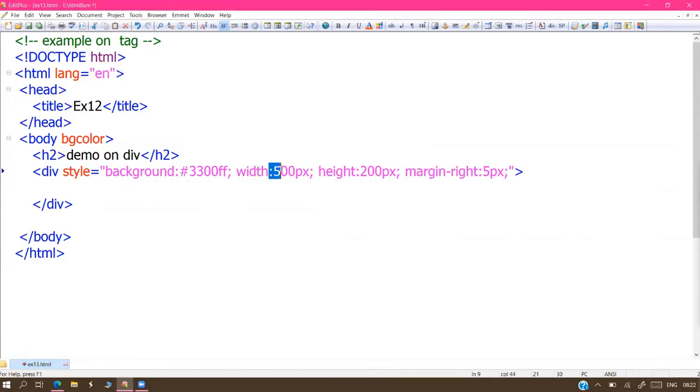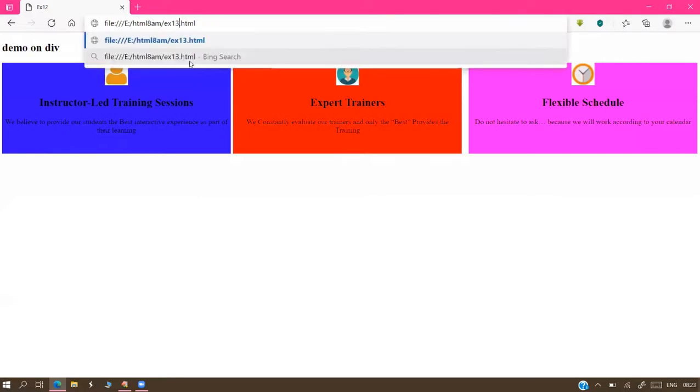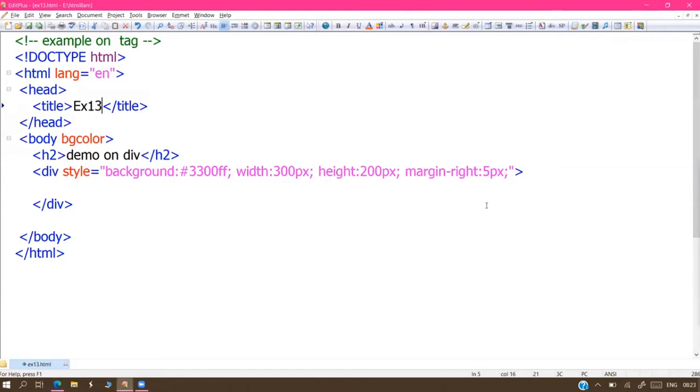Next, can I place the division boxes or any components in a particular location, sir? Yes, sir. Yesterday I already said we can place it by using the margins. I mean, we can place the component in a particular area of the screen. The blue box comes here. That is the default position, because we have not given any measurements. Only the right side margin we gave. Now I want to change the position of that blue box, sir. Then take the top margin 15 pixels. Not top margin, left margin 15 pixels.